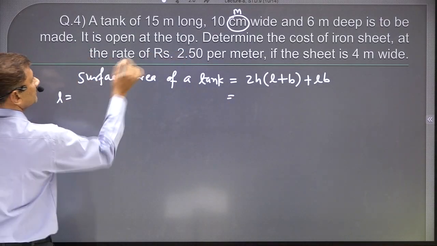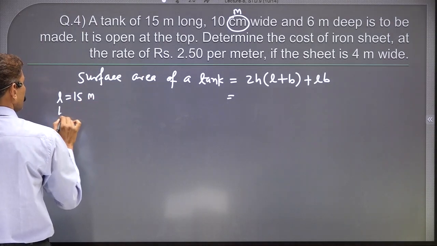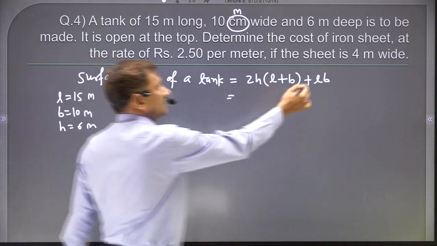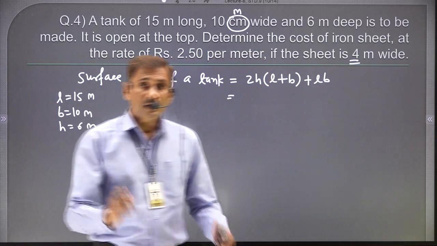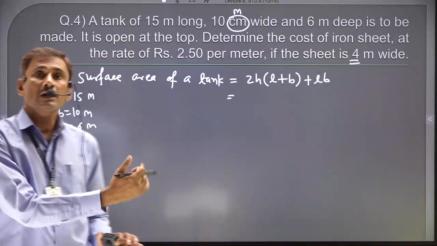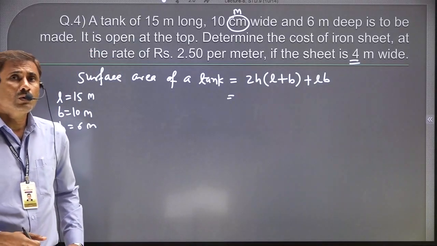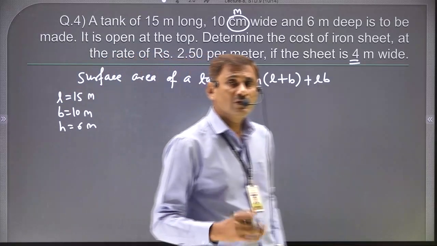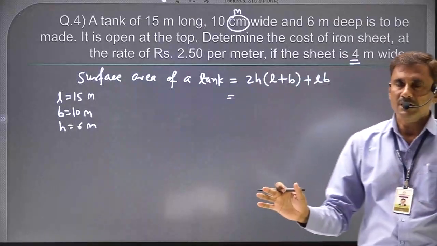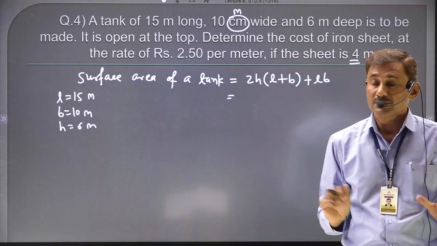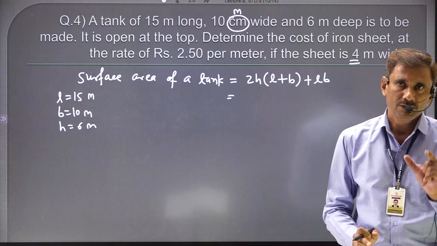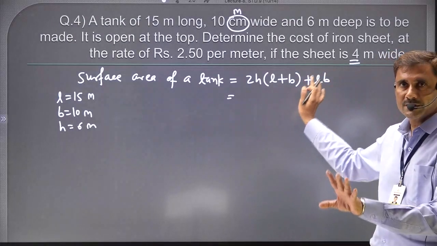So now you can list out everything here. L is 15, B is 10, H is 6, and do not consider this one right now. This is the iron sheet available in the market, its width is given. So we will consider it at the last step. Suppose you go to the cloth market. What do you ask? Give me 2 meter cloth. Actually you are asking for area, but the width is fixed there. Width is predetermined, so you just tell the length only. Actually you have to tell length and breadth both, but the width is fixed everywhere for cloth. Same way here, that is fixed, so right now do not consider it.